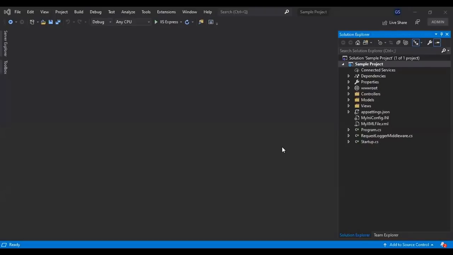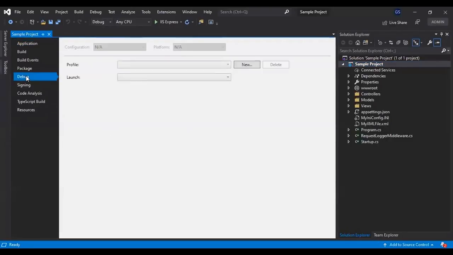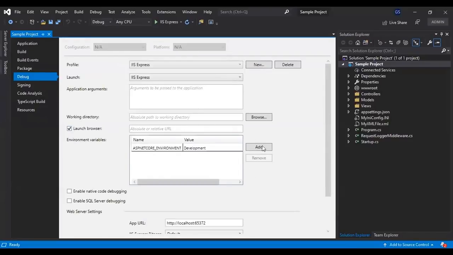Now we are in the project which we have created for our video tutorial series. There are two ways to set the environment variable. The first one is to set it at the project level. We need to click on the project properties, go to Debug, and we can identify the environment variable here. If you see, ASPNETCORE_ENVIRONMENT is set to Development. As of now, for our application, it is set by default to Development.